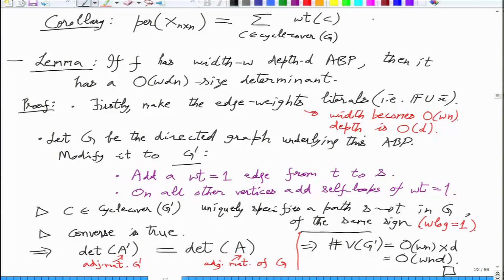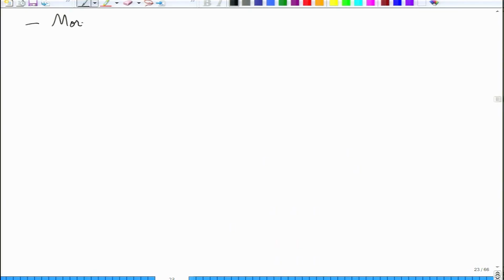Okay, so that was the easy part, although it is still surprising because syntactically it doesn't make any sense. You were looking at iterated matrix multiplication, and now we have written it as a single determinant. Syntactically it seemed impossible, but semantically there is this graph interpretation that makes them the same. So iterated matrix multiplication and determinant are essentially the same up to this polynomial growth in size. A more surprising property would be the converse.